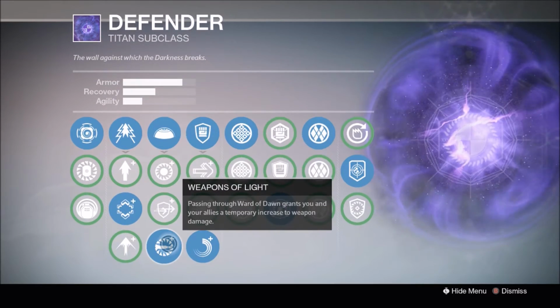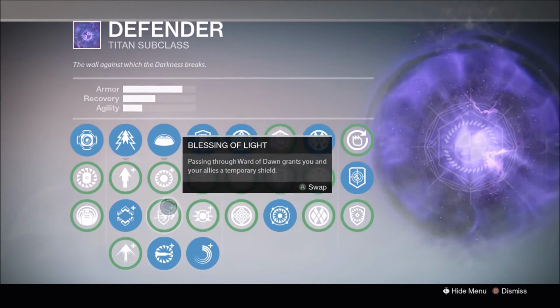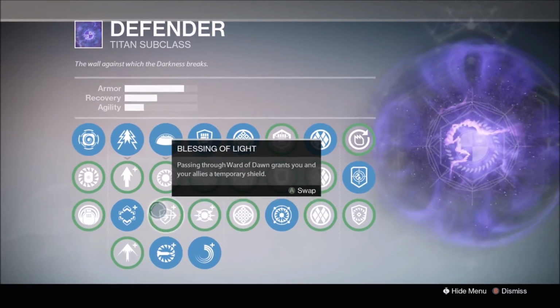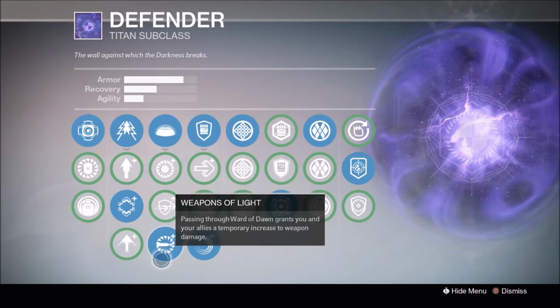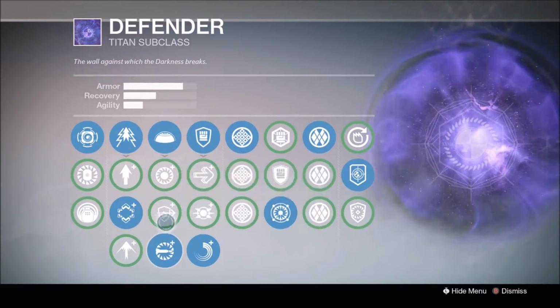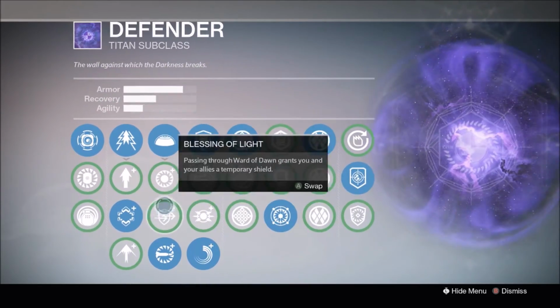Of course, if you're doing the Kingsfall raid, you'd probably want to run Weapons of Light, and maybe another person running Blessings of Light for the War Priest. If you're running Golgoth, probably Weapons of Light as well. Depends on what type of thing you're doing. If you're doing a strike, some people might like to run Blessings of Light to get an extra shield whenever